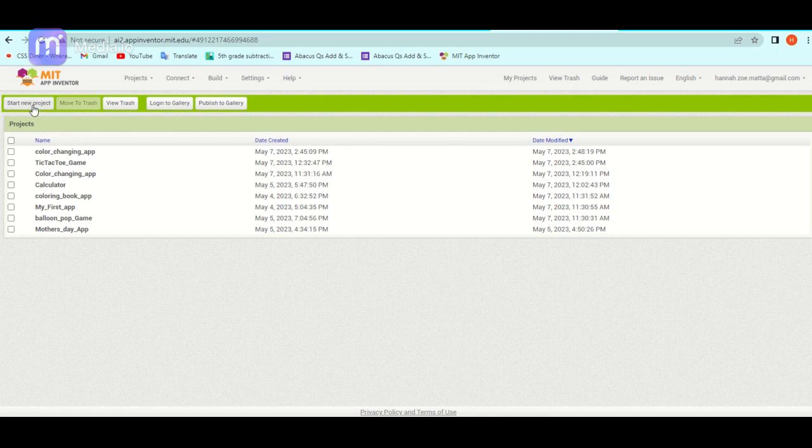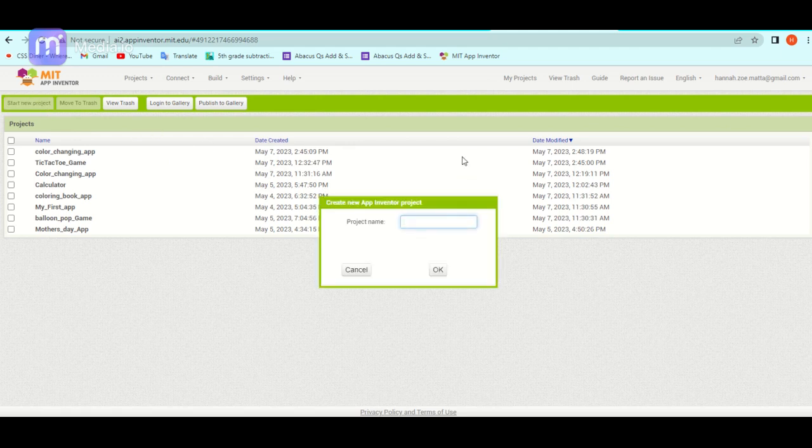So first, let's go ahead and click on Start New Project. First, you have to name the project. So I'm going to name this Color Changing